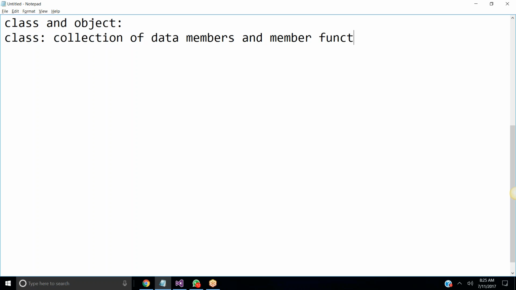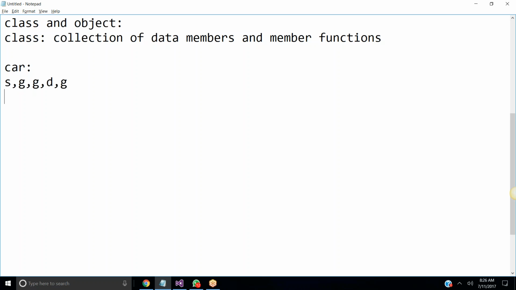Clear, all of you? Data members and member functions. Now suppose the example that simply we are taking a class as car. Car is a collection of data members and member functions. Now listen here, whenever you are trying to manufacture the car, we need to have the parts of the car, like seat and doors and gears. We also need glasses of the car, and which brand of the glasses, which brand of the seats you need to take, and which brand of the gears you want to use. These all the things we need to plan properly whenever you are trying to manufacture the car.